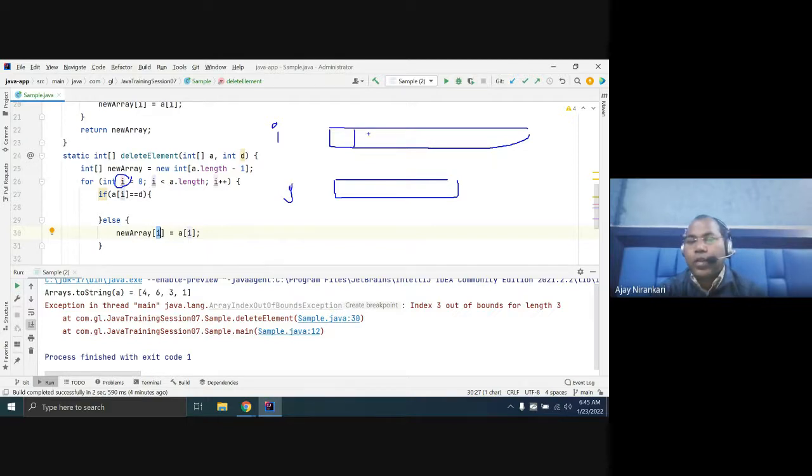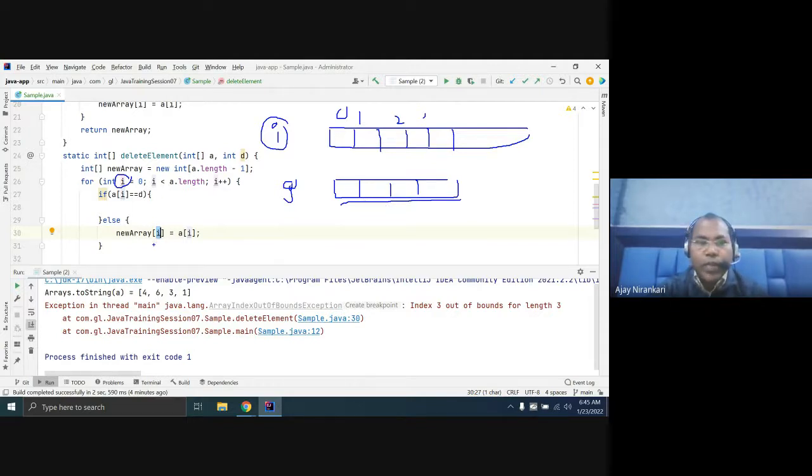So here first run your top loop on this I variable: 0 position data, 1 position, 2 position, 3 position. Your copy data should use a different variable, j, where you are putting the value. In this way you can solve the problem. This is one way, not the only way.